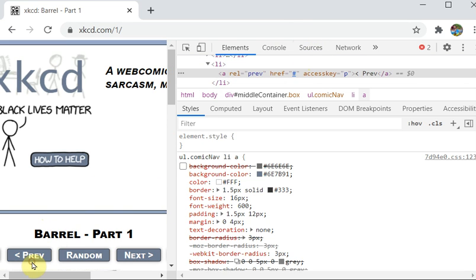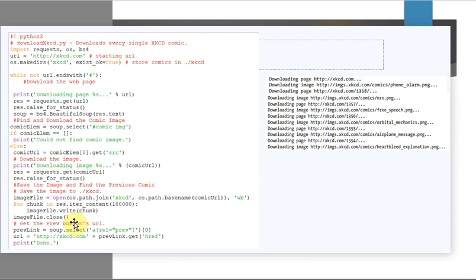Now I am in the first post. Again, if I click on previous, that is the end of the posts available on this particular site. Remember, the URL ending with hash means that is the first post you are in. Again, if you click on previous, you won't be redirected anywhere. So that is your code. What did we say? While not url.endswith('#'), this complete process is repeated until you reach this.